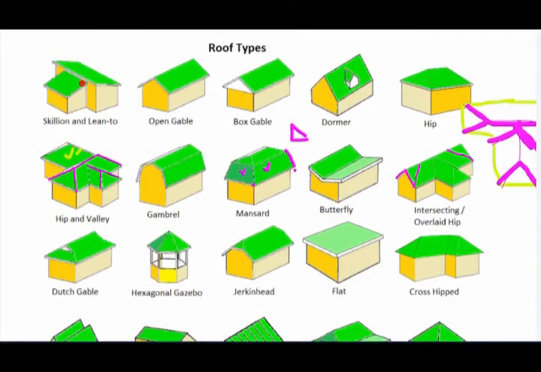We have the butterfly type, which collects the water inside your project, and then we have the open gable. This is the most traditional, oldest gable that we have seen in our history. Then we have the cross hip gable. Maybe this one is good for places where we don't have that much rain, but in places like Alanya, which has much more rain, we should use this one, because from each side you have